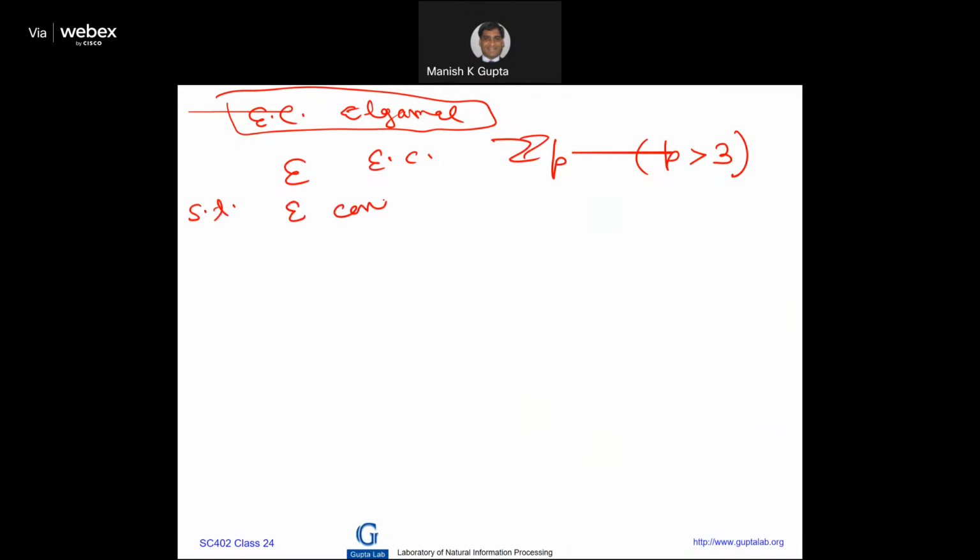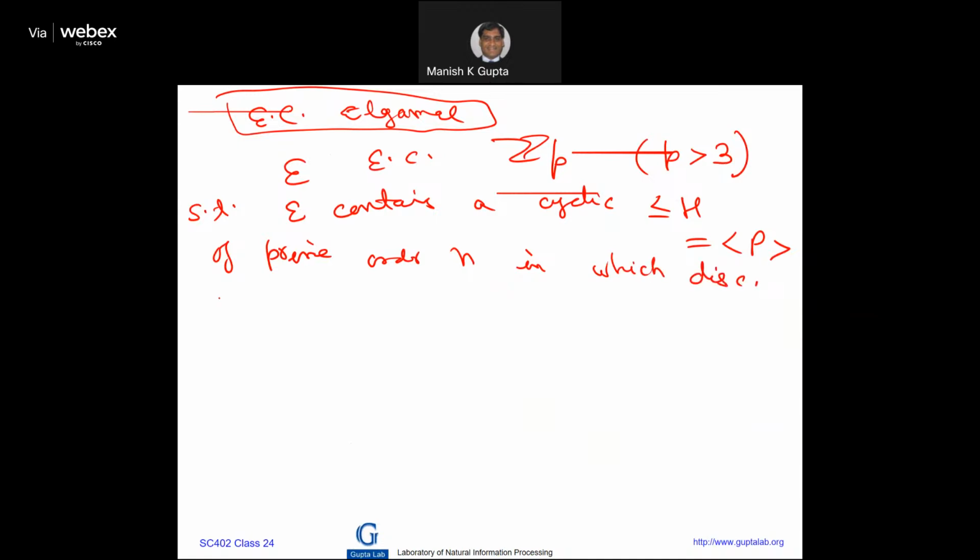E contains a cyclic subgroup H, which is generated by P. P is a point of prime order n,